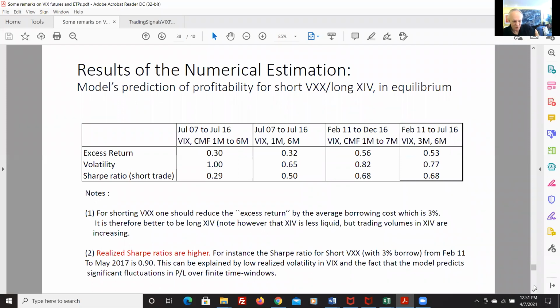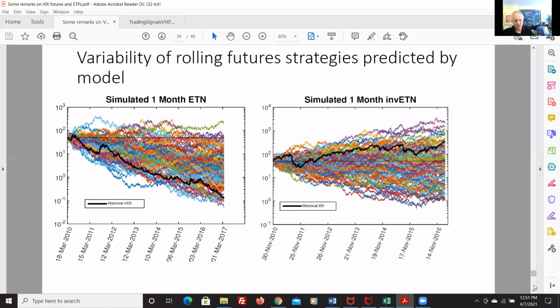And so you can determine some Sharpe ratios and so forth. The main conclusions of this paper are the following. If you use this model and you look at investing in a 1-month ETN or a 1-month futures roll, such as VXX using VIX futures, then what you typically find is that the average is decreasing. That means that there's decay in the 1-month ETN, and on the reverse ETN, you see that things point up. That is because of contango,